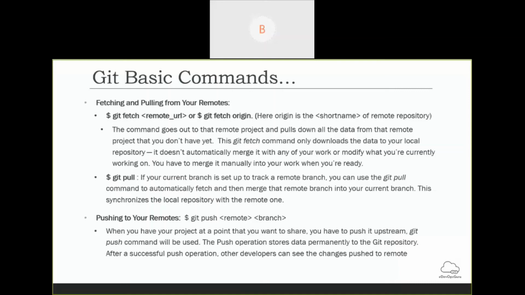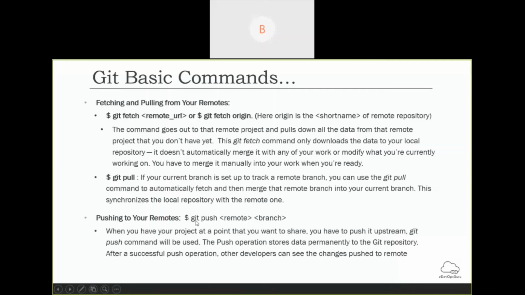For that you can use the git pull command so that you will get the latest code on your local machine. Git fetch is a similar kind of activity to git pull, but it will just simply store it in a separate place.